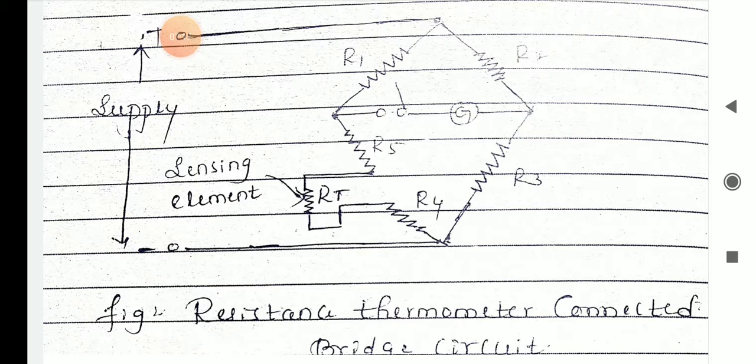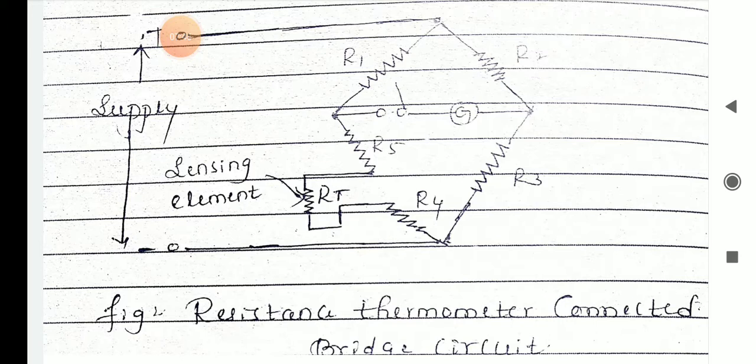So due to change in temperature, resistance RT changes. So the basic fundamental is what? You have to change the temperature, resistance RT also changes and the bridge becomes unbalanced. In balance condition, what does balance mean? It should be 0. You are not having any variation. So that is the initial condition for balance. Okay. So the bridge becomes unbalanced and the galvanometer shows deflection.